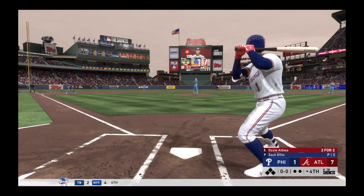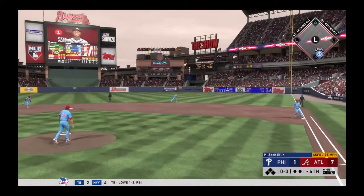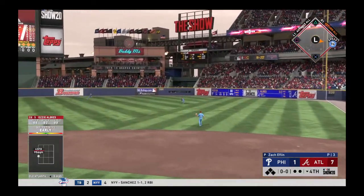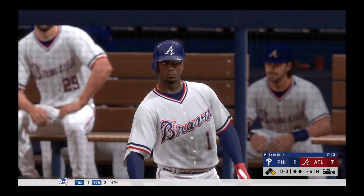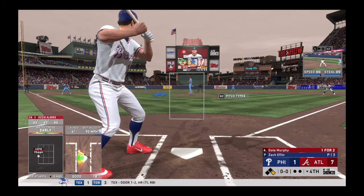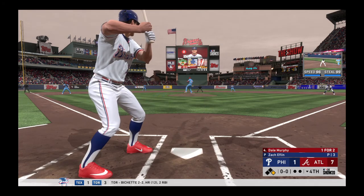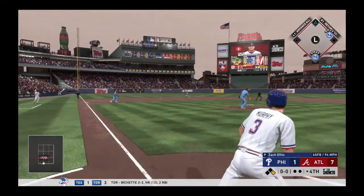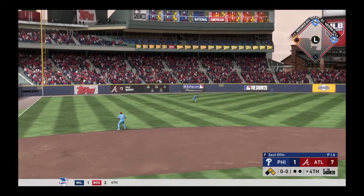And standing in as the switch-hitting second baseman, Ozzie Albies. Even though they're up by a boatload early on in this one, you can't get complacent and get lazy. They got to keep the gas pedal down because this team that they're playing can strike and score a lot of runs too. Number 3. This guy came into today absolutely on fire, and nothing has changed. He looks seriously hitterish at the dish right now. That's his 3rd knock of the